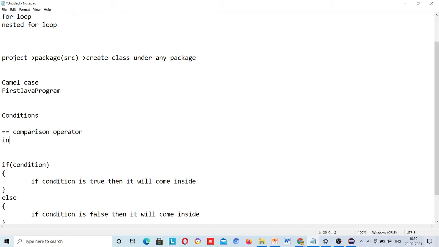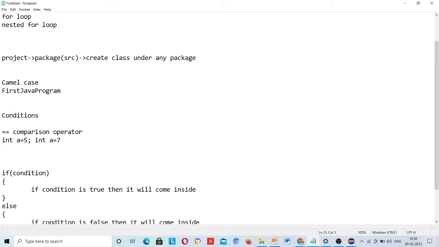Suppose I have int a is equal to 5, and int b is equal to 7, and I compare a is equal to b. So is it true?